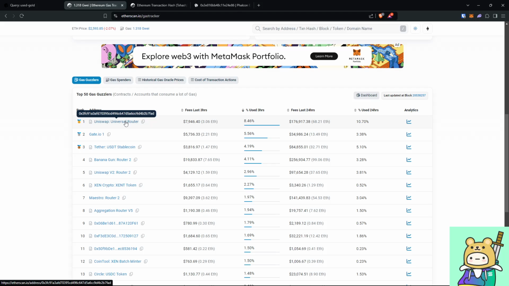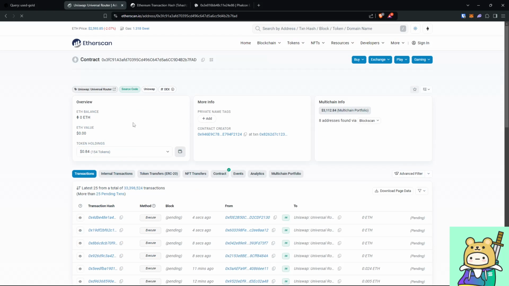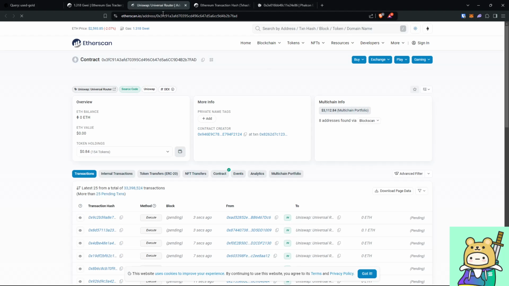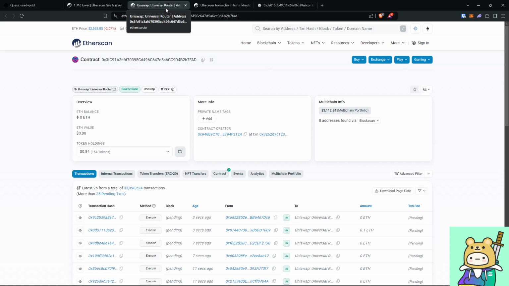If I just click on Uniswap Universal Router, this contract is a Uniswap router that is able to route through